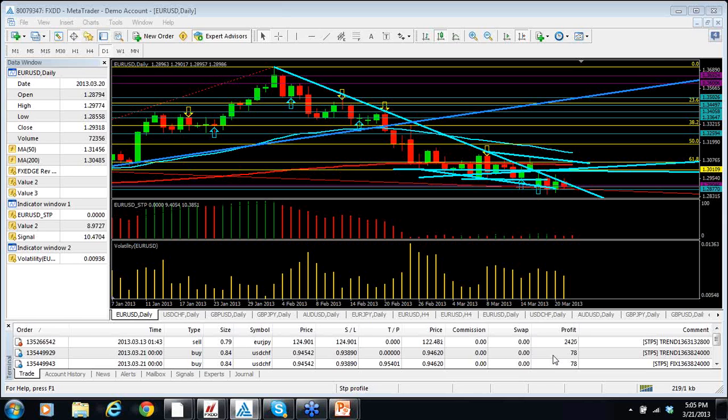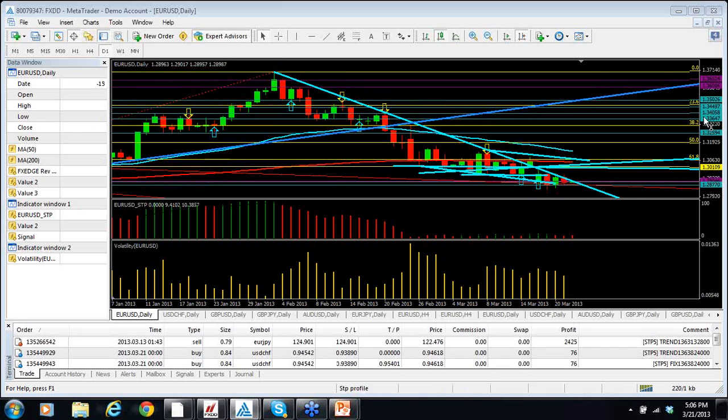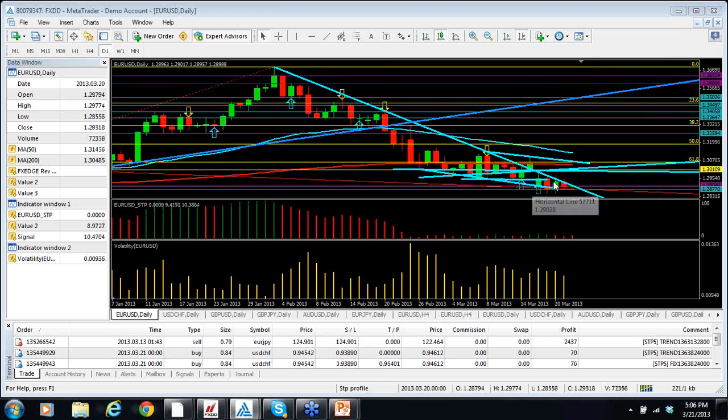I think that we've got plenty of volatility to come in the future, but certainly we've got plenty of news releases in the next few weeks that are going to be able to shake us out of this consolidation and push us back in one direction or the next. And I can tell you now, when we do get that breakout, it's going to be massive. It's going to be sizable. It's going to give us really good opportunities as far as our STP is concerned and our other trades are concerned. So having said that, guys, let's talk about this euro dollar,